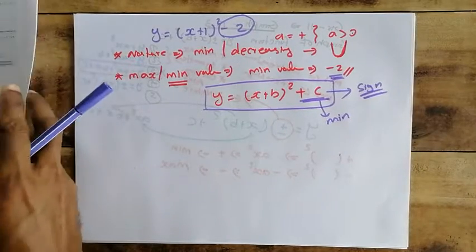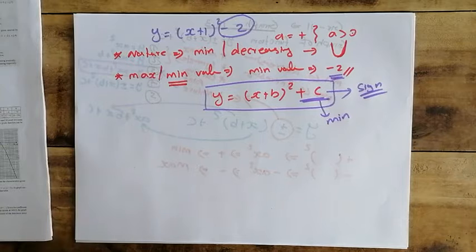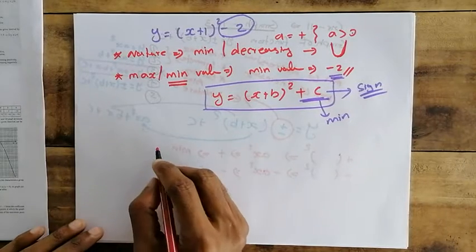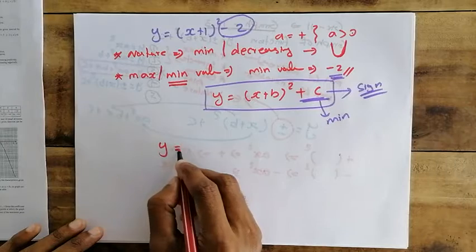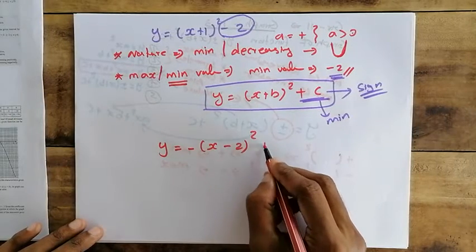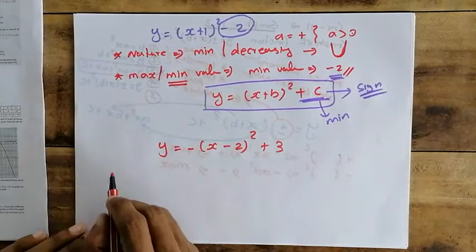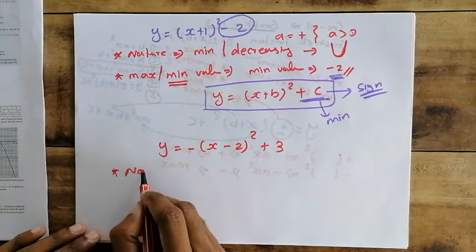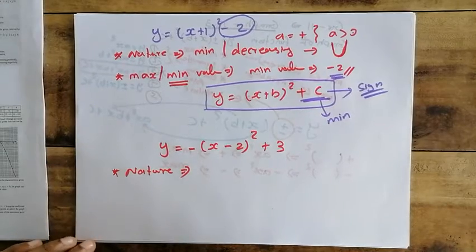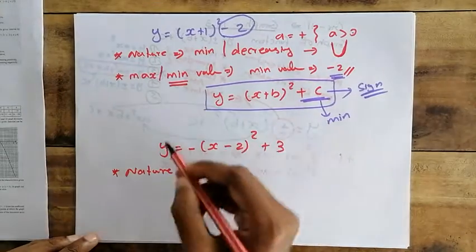So you have the second example graph in your textbook, mentioned as example 1. The next graph. The equation we have is y equals minus (x minus 2) all squared plus 3. Okay, what is the first point? Nature of the graph. So what are we going to check? Nature of the graph: the sign of the binomial.